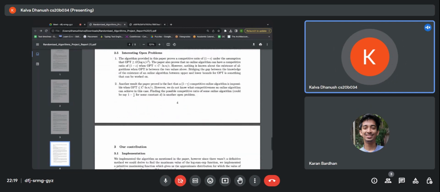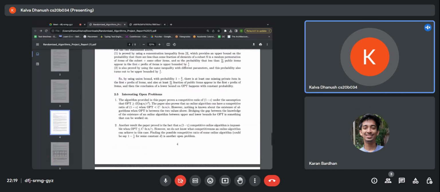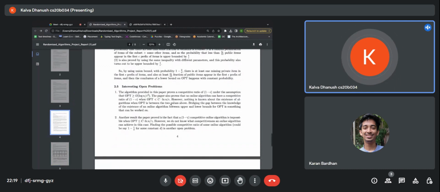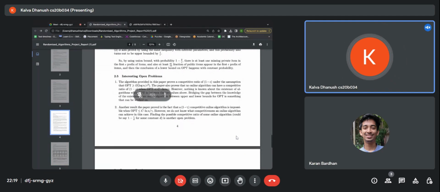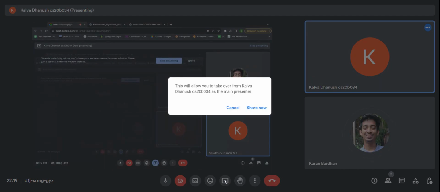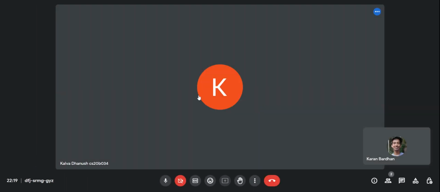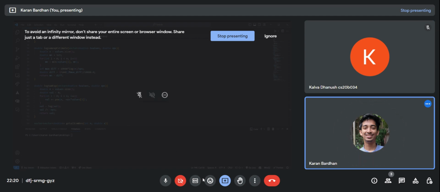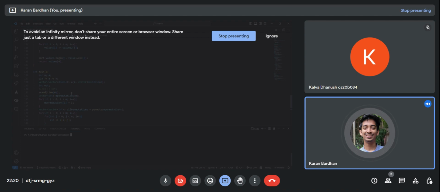So yeah, we have also done an implementation of the algorithm itself to see how well it does in practice, and Karan will take over and explain our process. Yeah, so now I will be explaining our implementation. Okay, so what we do here is we take the input as a vector of vectors where m represents the number of items that we're getting